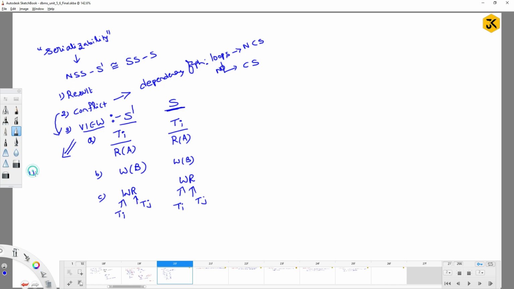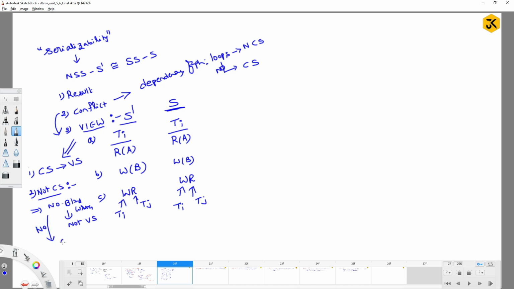First I will find out whether the schedule is conflict serializable or not. If it is conflict serializable, definitely it is view serializable. For example, assume that it is not conflict serializable. Then we go through one more procedure: whether it has blind writes or not. If there are no blind writes, I can directly say that it is not view serializable either. If both cases fail, meaning it is not conflict serializable and it has blind writes,